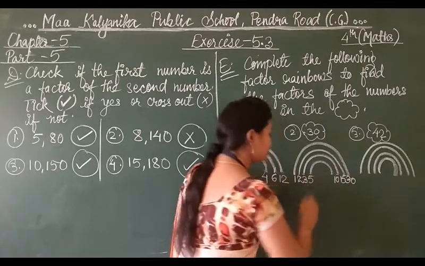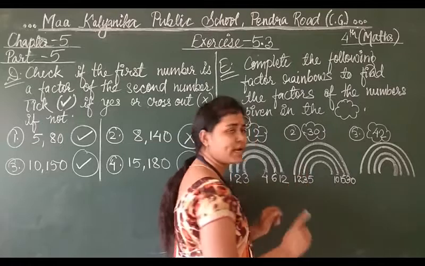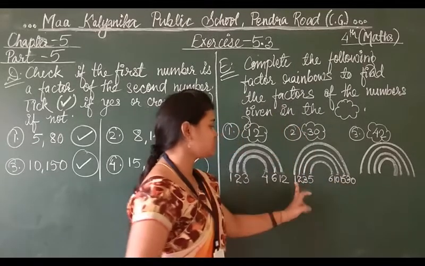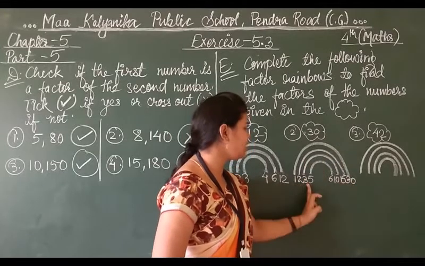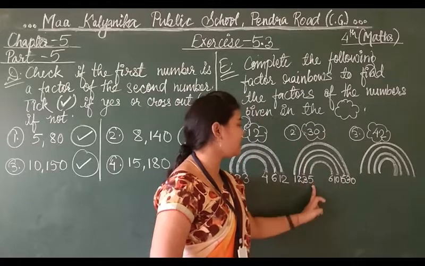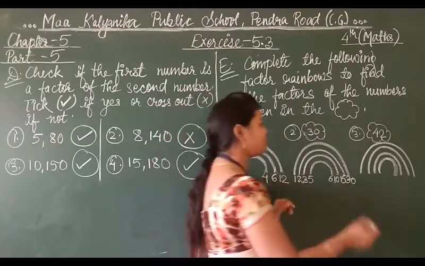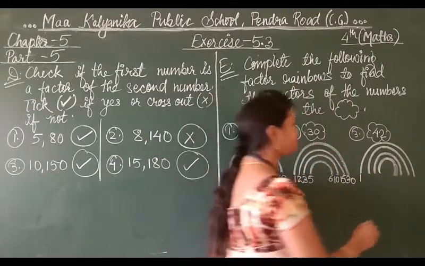We are not taking 4, why? After 3, 4 cannot divide 30. 5 can. So 5 6's are 30. So see, 1 30 is 30, 2 15's are 30, 3 10's are 30 and 5 6's are 30. You can count in reverse also. Now moving to 42. So now 1 multiplied by 42.